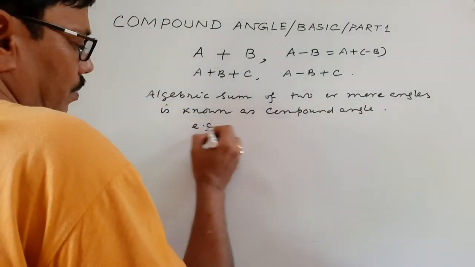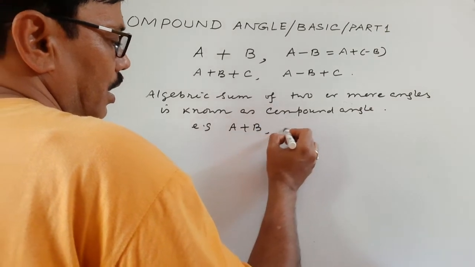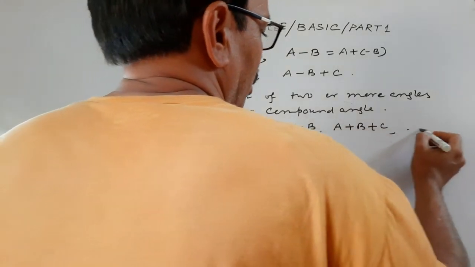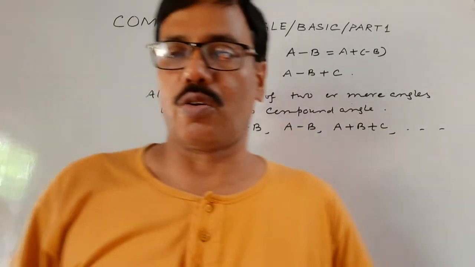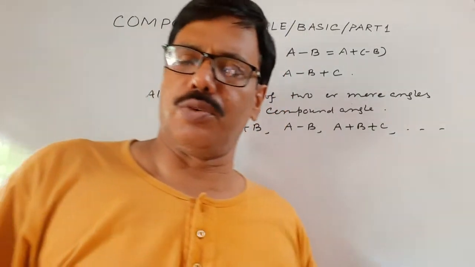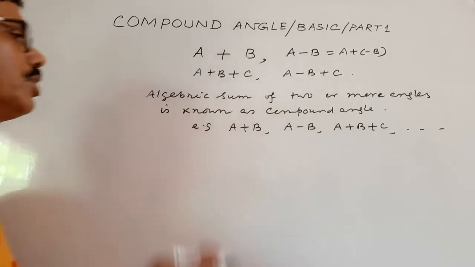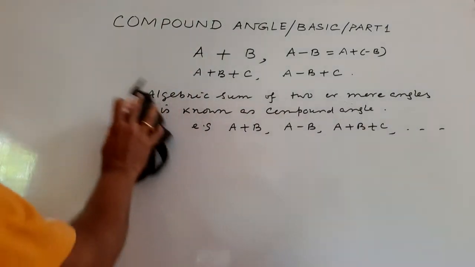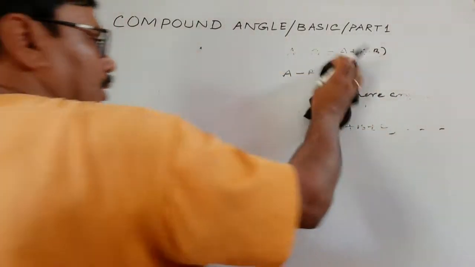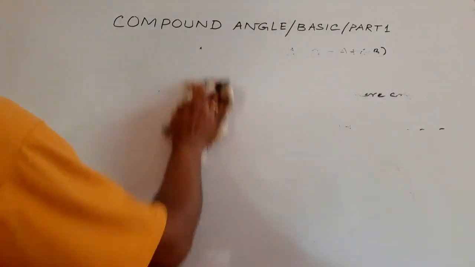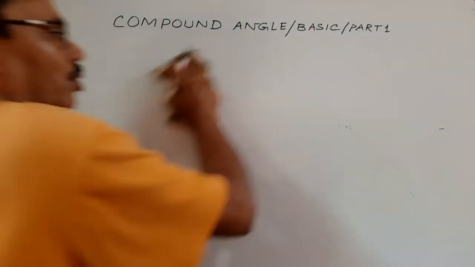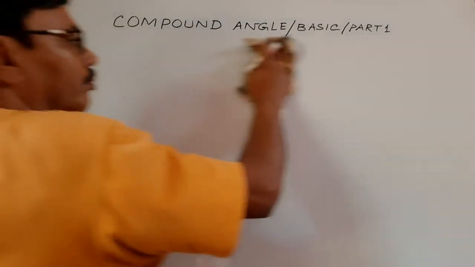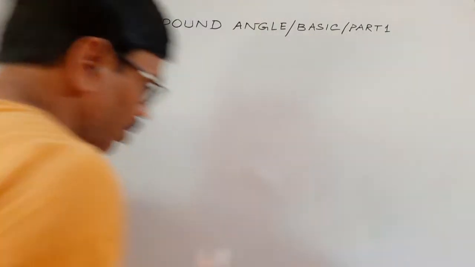So, for example, A plus B, A minus B, A plus B plus C, they are compound angles. Algebraic sum, or you can say difference. So, this is the definition of compound angle. Now, there are 5 theorems on compound angle. So, number 1,